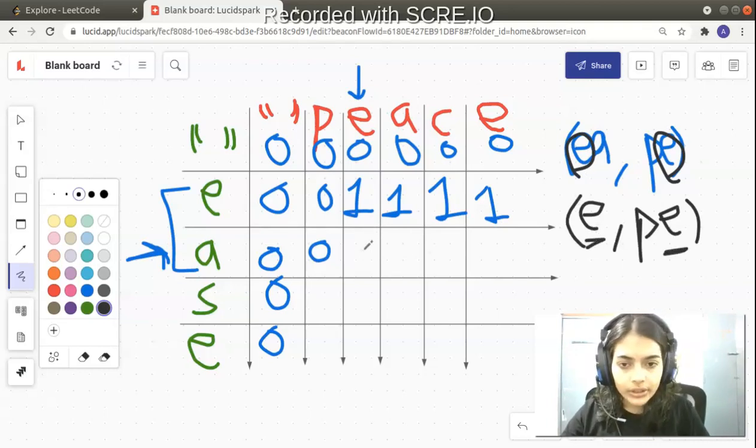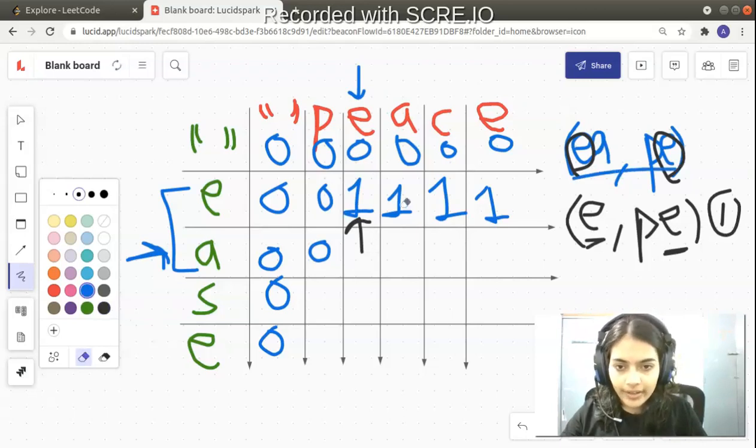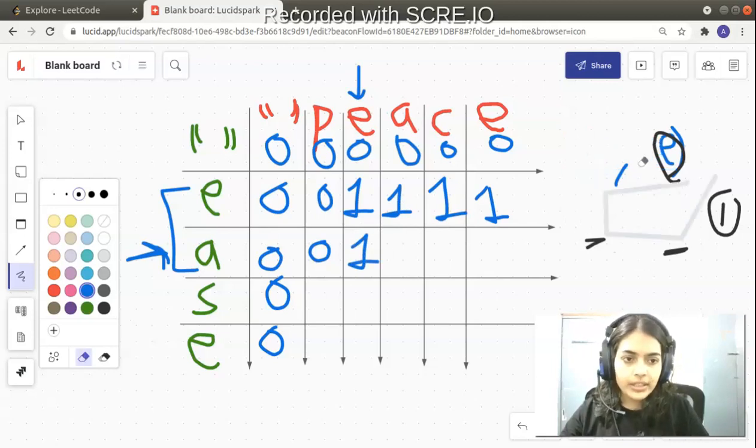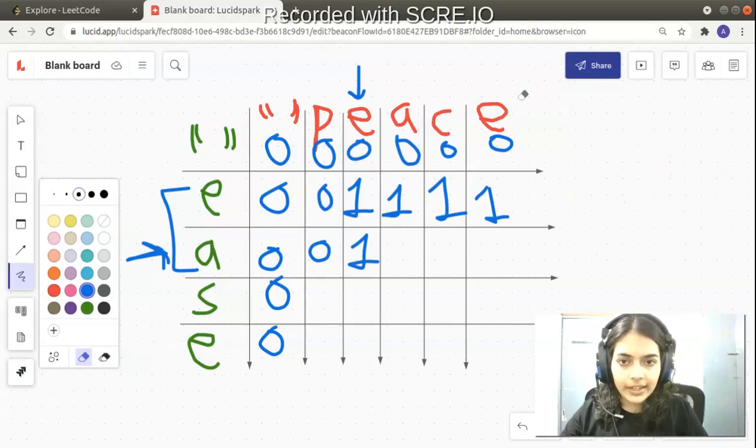Just look at the above value in the DP table. Between E and PE you know that one character was common, and from the above value in the DP table you got this one. So I will fill one here, and it will be clearer as we go over the entire table and build it. Let's have patience and build the entire DP table, and it will get more and more clear. Let's go to the next row and next column.